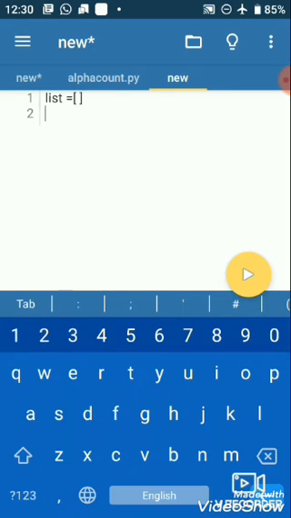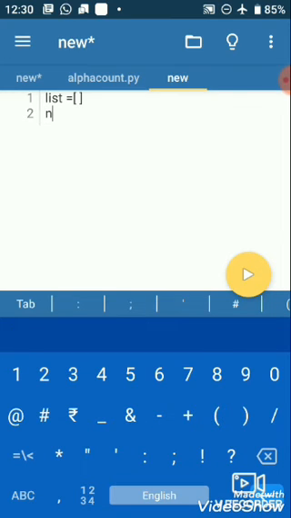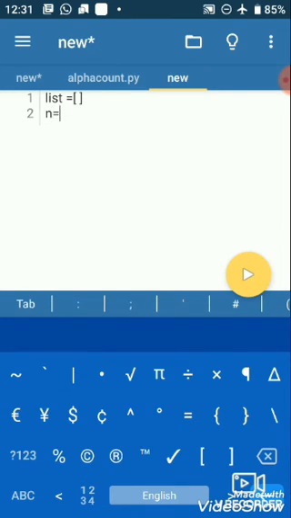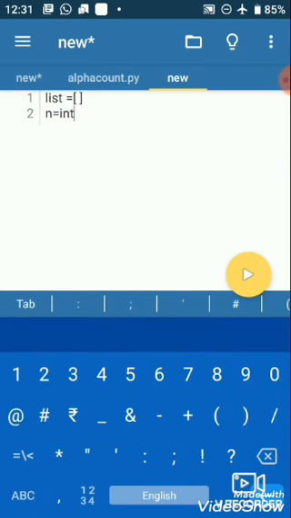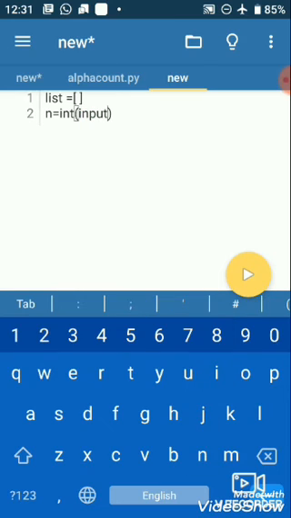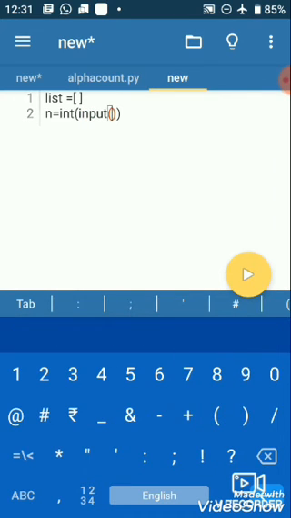Then after, take a variable n, which takes input and the type of that variable is integer, and in input we ask the user to enter the number of elements in the list.